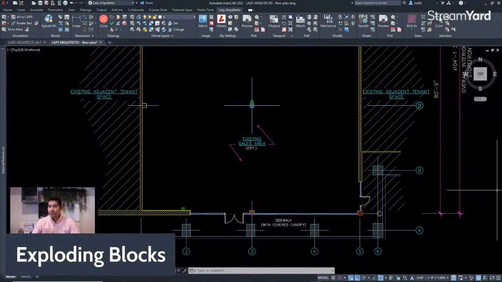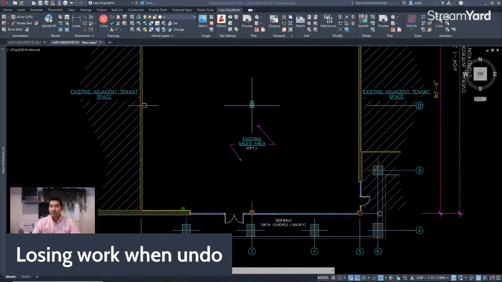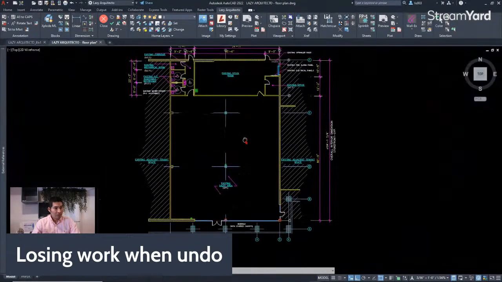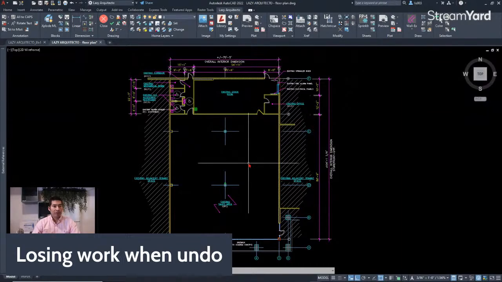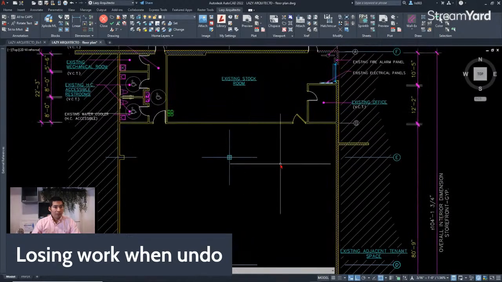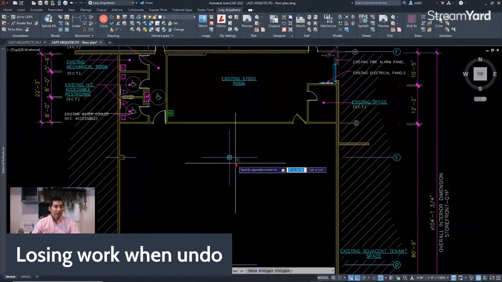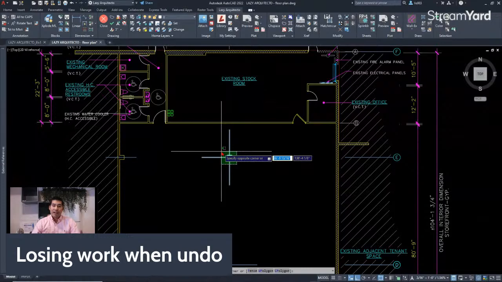All right. So the next one is losing work when you undo. Basically, this is a thing that, again, you might be doing wrong. If we go to this, we're going to use the same drawing, and let's say you are working on your drawing, and then by accident you erased something in your drawing,